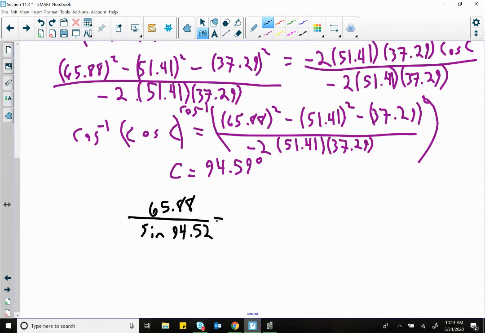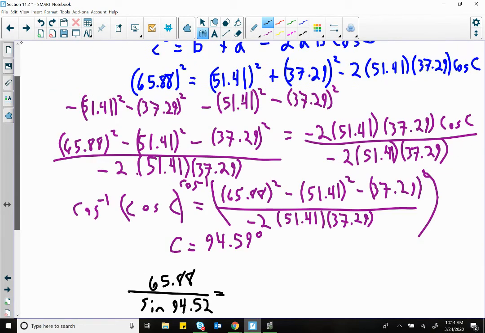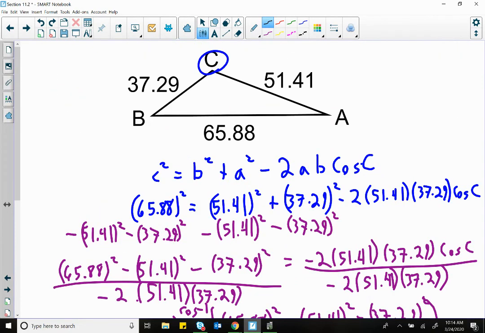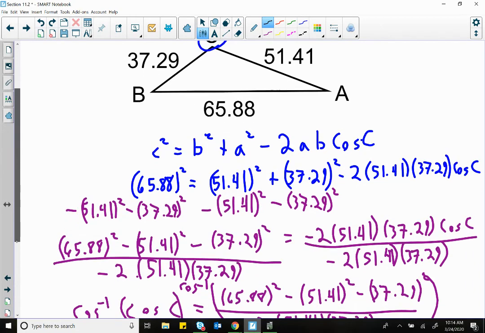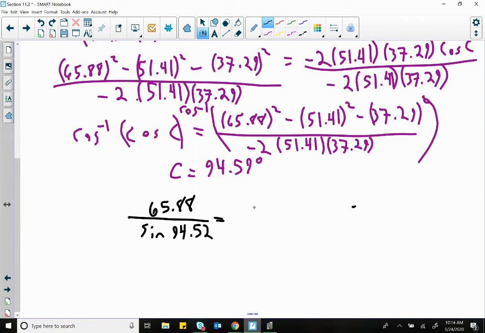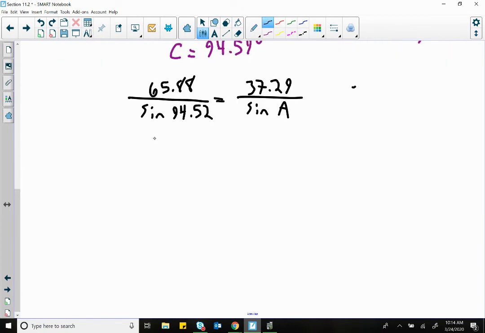94.52. I'm going to go ahead and solve for the smallest angle. So I'm going to solve for angle A. I could have solved for angle B, it's all the same. So angle A, and I'm going to put in 37.29 all over sine A. And we all know how this is going to work. Cross multiply, you get